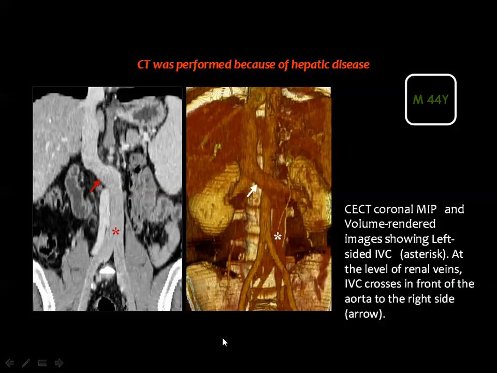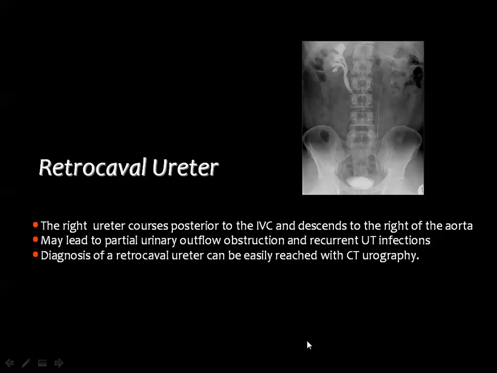And this is the common iliac veins draining into the IVC, which is located to the left side of the aorta. And this left-sided IVC will cross the midline to continue along the normal course of the IVC. Some of the anomalies which may affect the urinary tract, and this is what we call the retrocaval ureter